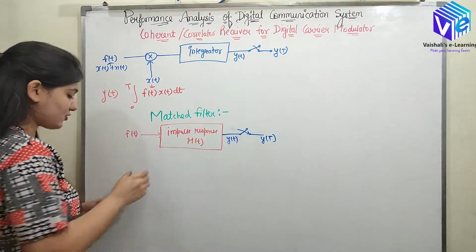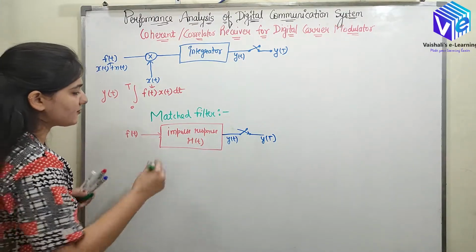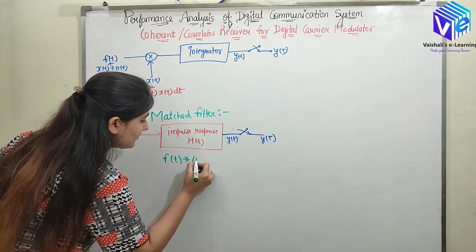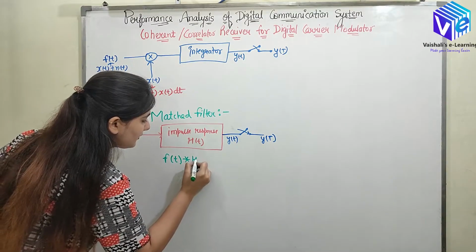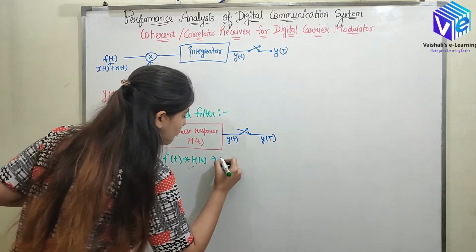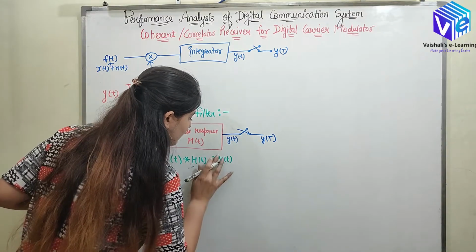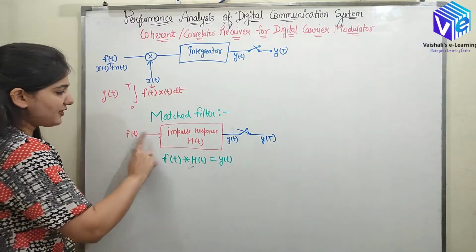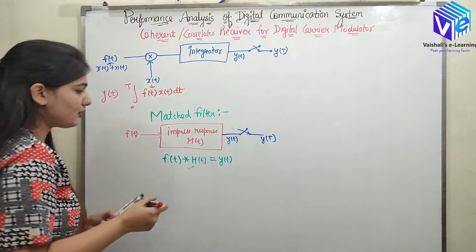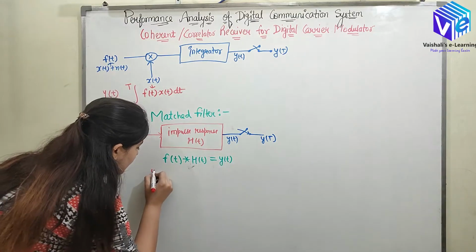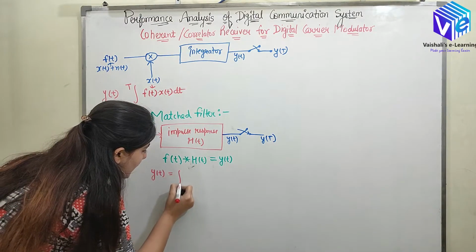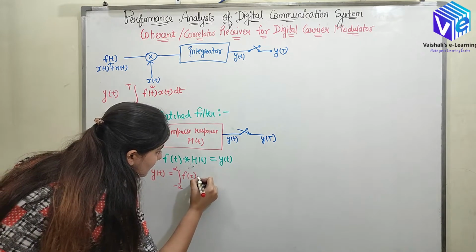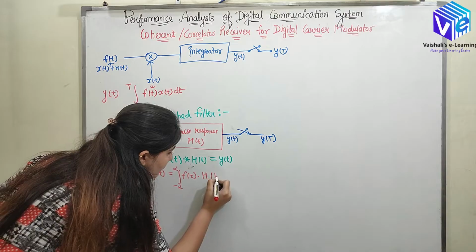So this is the matched filter. At the matched filter, f(t) is correlated with h(t). This is the output of the matched filter, which is y(t). So y(t) is equal to f(t) correlated with h(t). Now I can represent y(t) as the integral from minus infinity to infinity of f(tau) into h(t